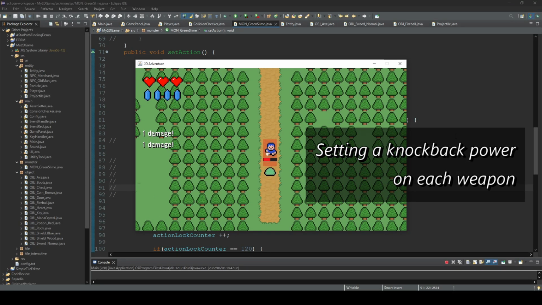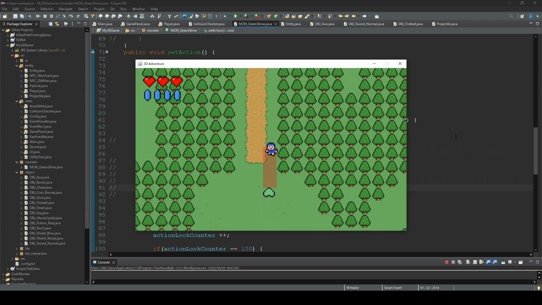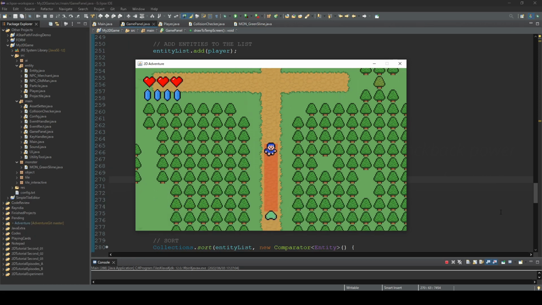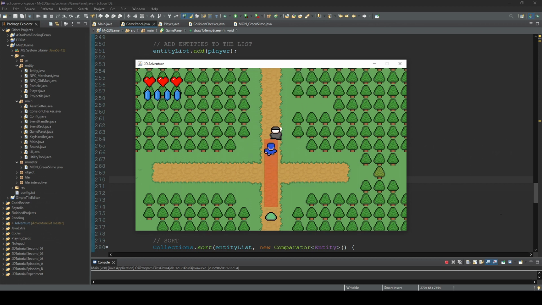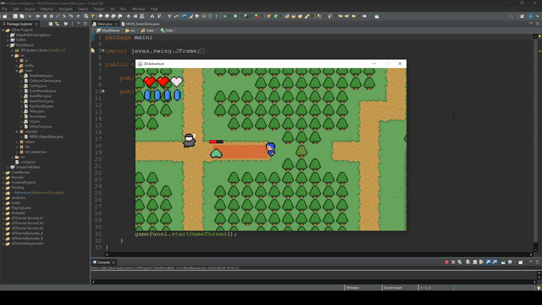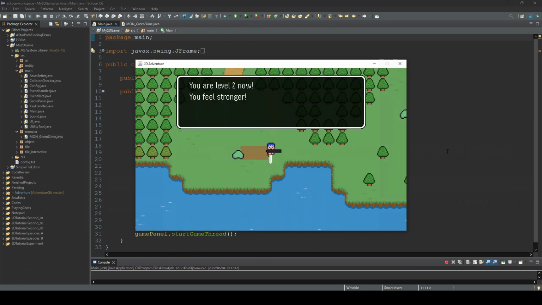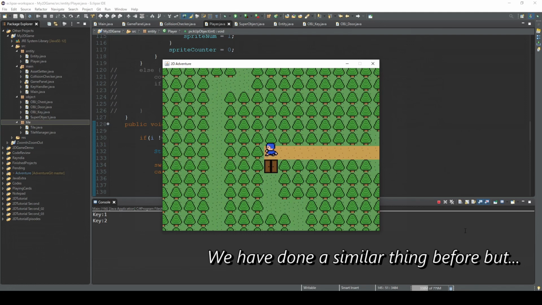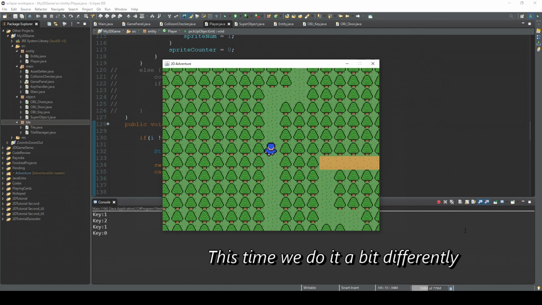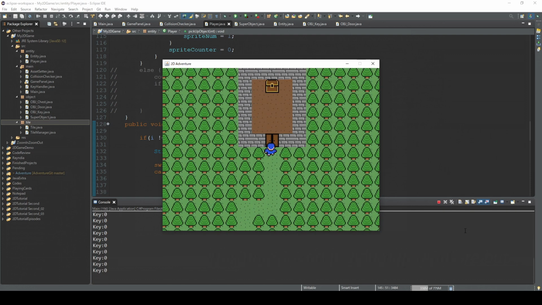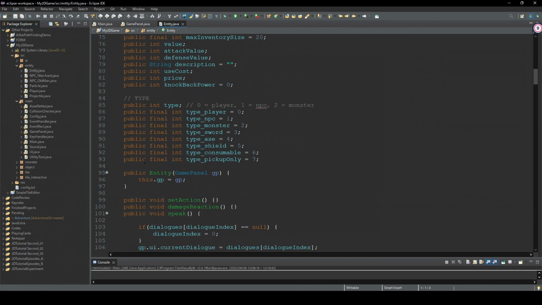Last time we implemented additional combat mechanics, so now each weapon has a different knockback power and we can also cut enemies' projectiles. And in this video we work on the exploration gameplay a little bit and place some objects such as door or treasure chest so we can interact with them. Actually, we have done it in the first half as well, but this time we're gonna handle it in a more object-oriented way. Okay, first open this entity and we're gonna add another entity type